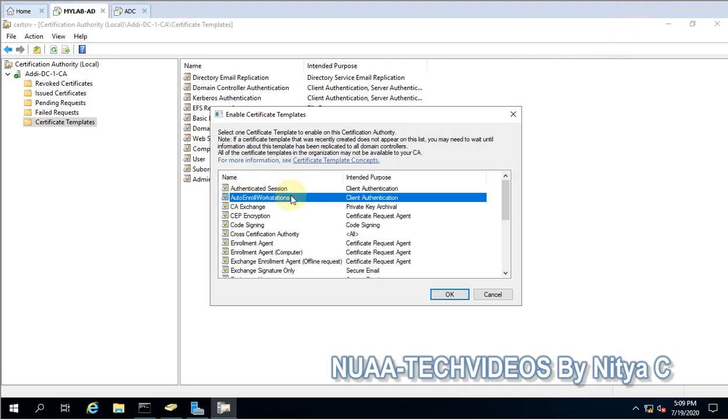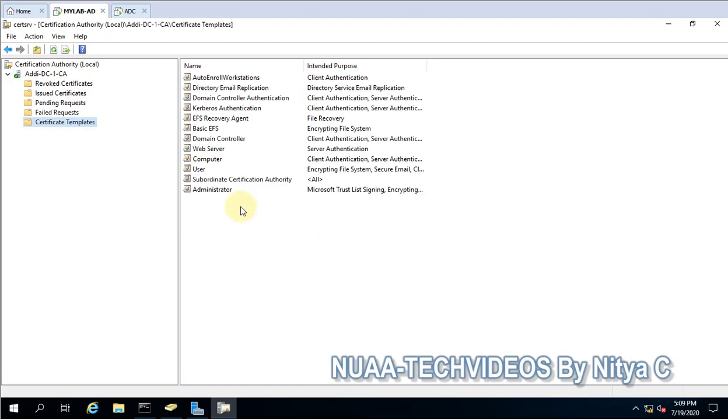This is the one we have given the name auto enroll, and let's click OK, and it will appear over here. So these are all the templates which are issued and stored in Active Directory also. So from the certificate authority side this is done, and now we have to